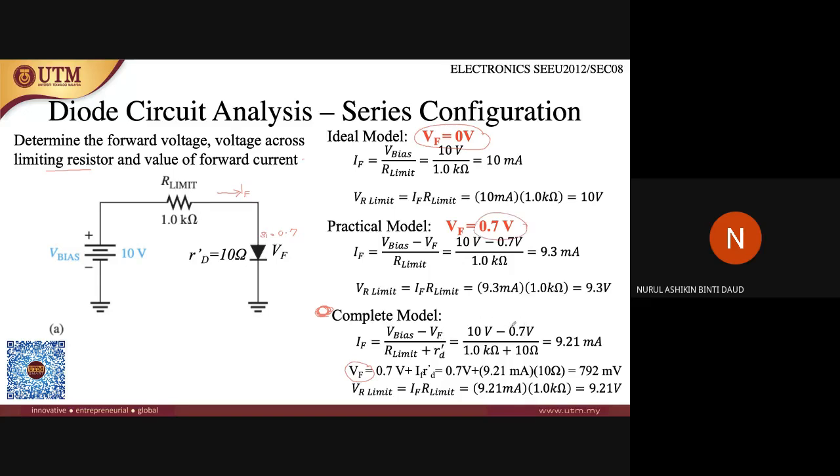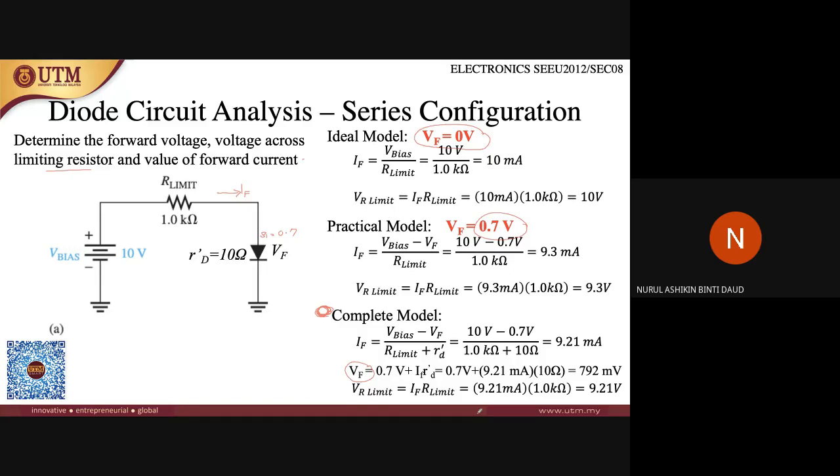But we will not take into account the resistance value. For the complete model, we will take into account everything: the resistance of the diode and also the barrier potential. Okay, so this one you have to remember. When you want to solve equations, make sure you know what condition it is first: ideal model, practical model, or complete model. Identify the condition of the diode first, and after that, identify if the diode is forward bias or